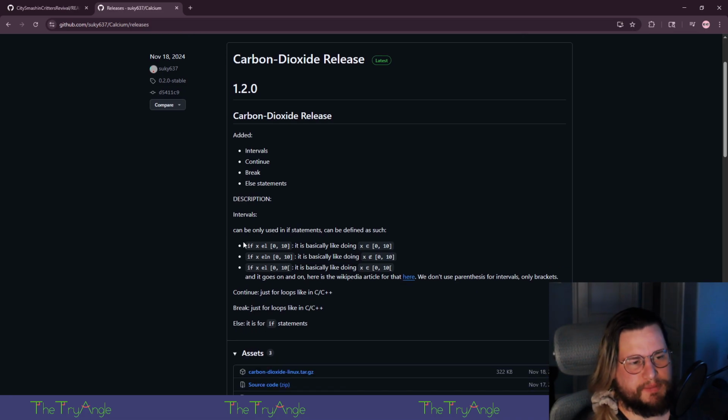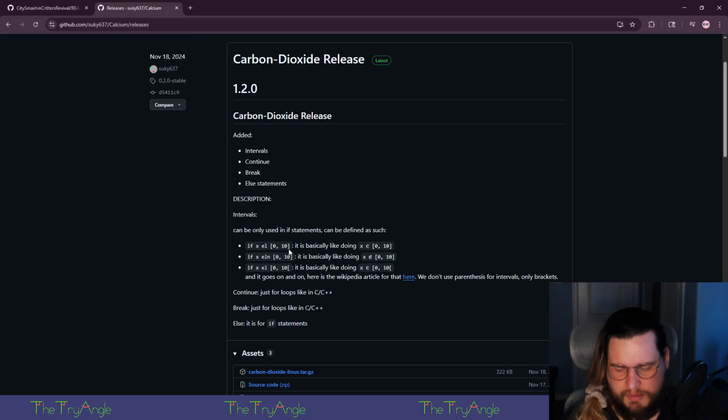Honestly, I feel like they all should. It just feels useful whenever you have two values and you want to check if it's between them. I think Rust does something like that with its match statements.